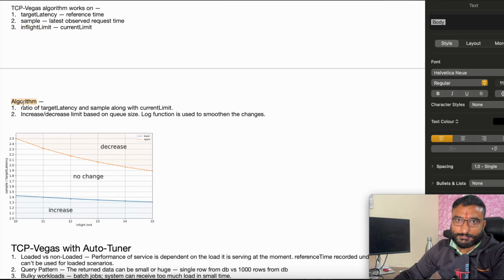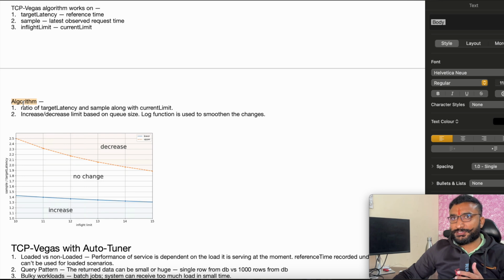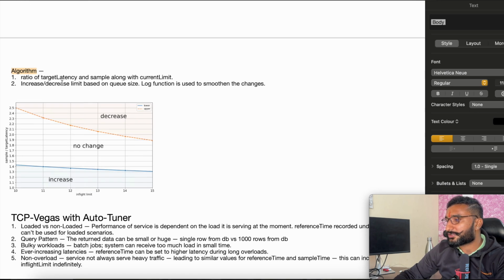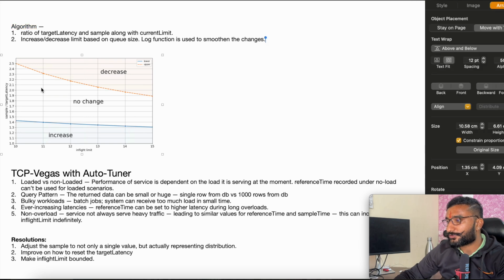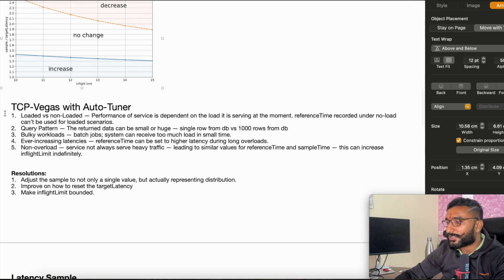What's the algorithm? What you are trying to do is take the ratio of target latency and the sample along with the current limit. So this graph will help you in that. Then based on that, you increase or decrease the limit based on queue size. A log function is used to smoothen the changes. We will discuss this again. But the idea is, if you see this particular graph, you have taken a ratio of sample and target latency, and then you do the comparison along with the inflight limit. And all those scenarios,